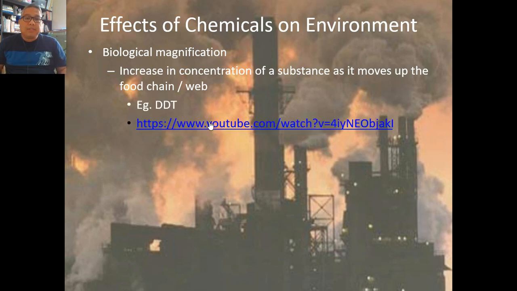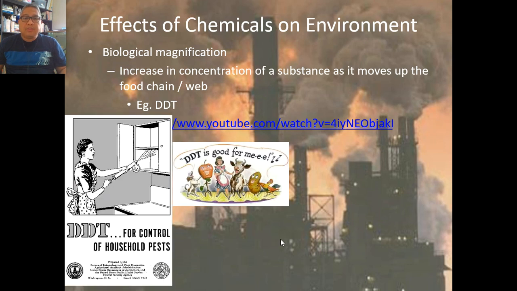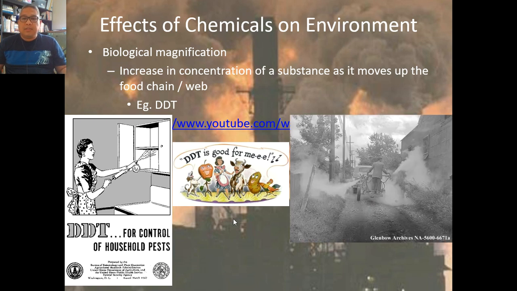An example is the chemical DDT. You can just do quick research on that one. They were thinking before that it's okay, that there's no problem, but eventually they found out that it's harmful to living things. That's the thing, right? When we're looking at a criminal, we will assume that the person is innocent unless you prove that person guilty. Now it should be the opposite for chemicals. The chemical should be assumed guilty before you introduce it to the environment.